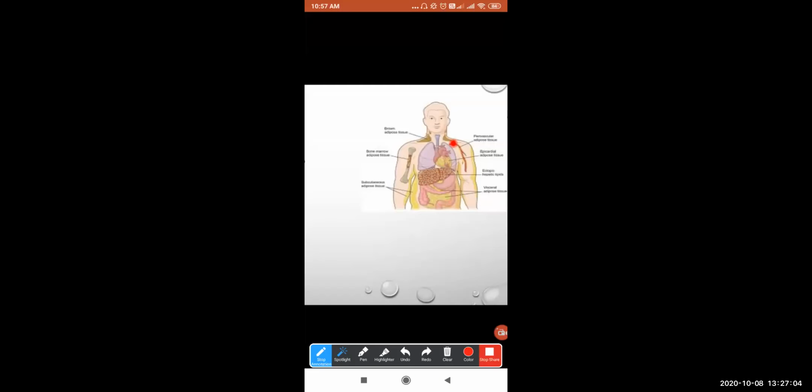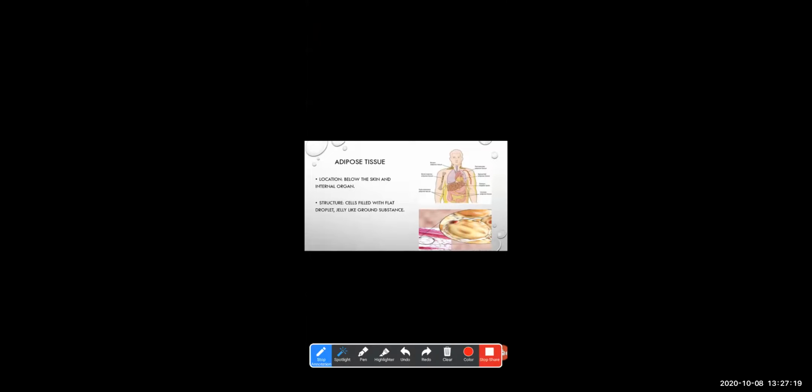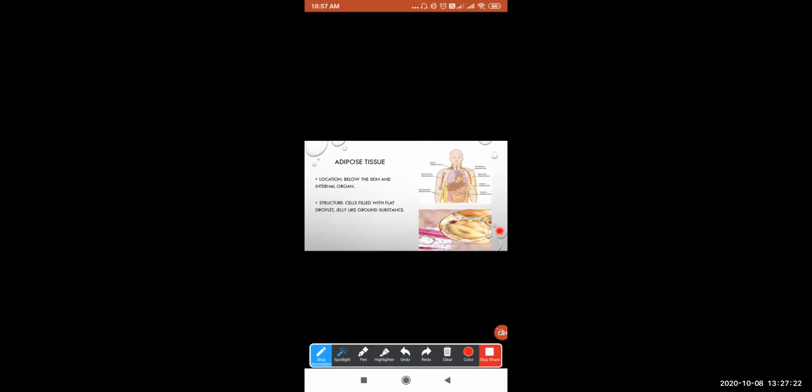Okay. Now, if we talk about the composition of these cells, they are majorly made up of fat cells, special fat cells. These cells look like this. See, you can see over here. These are the cells. This pink color is the nucleus, whereas the yellow color is the fat deposition. These cells are specially modified for storage of fats. Okay. And they are embedded in a jelly-like ground substance.